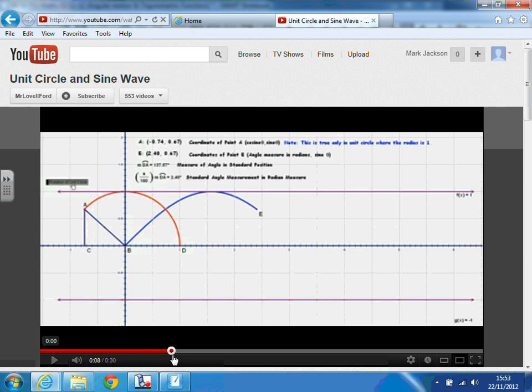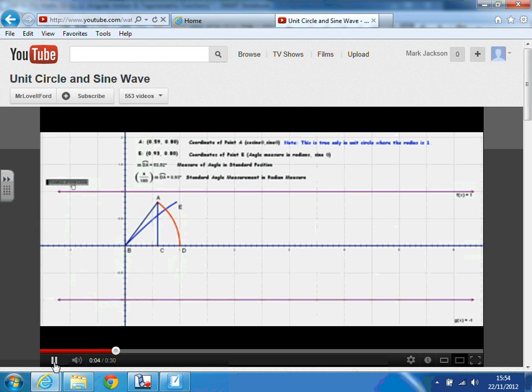I want to go back to the start. How do I do that? Doesn't let me, does it? Yeah. Okay, so at time 0, it's starting here at D and then rotating round. So if I let it roll